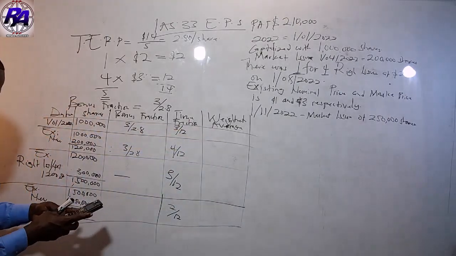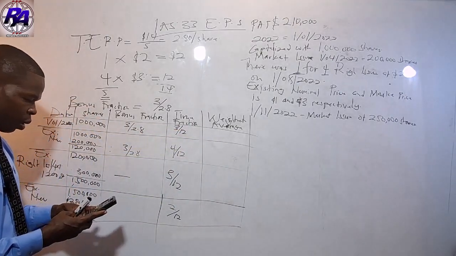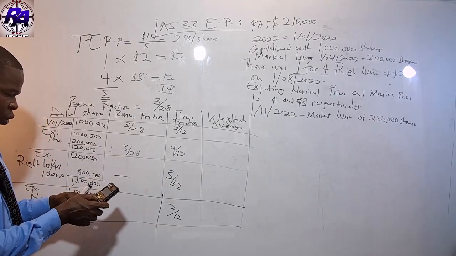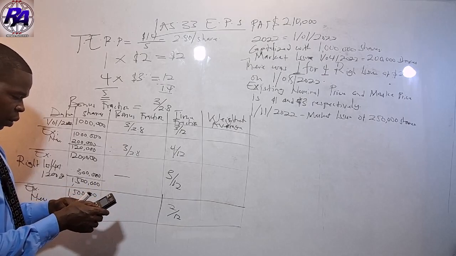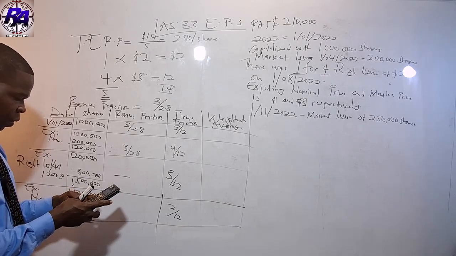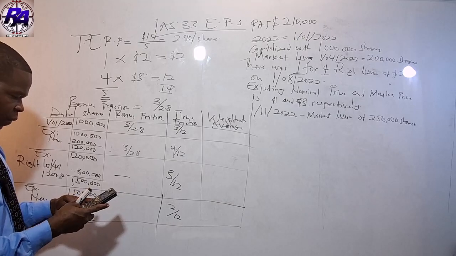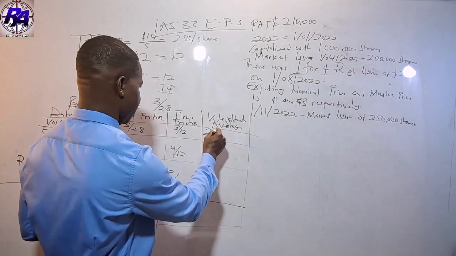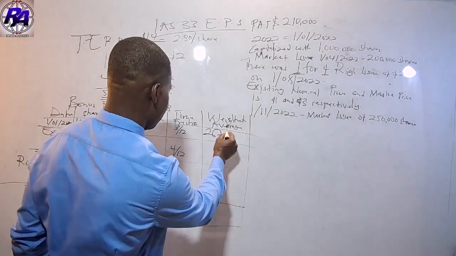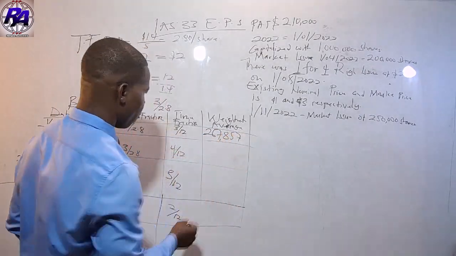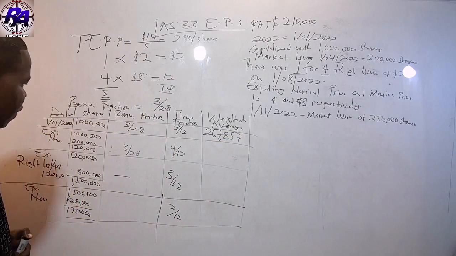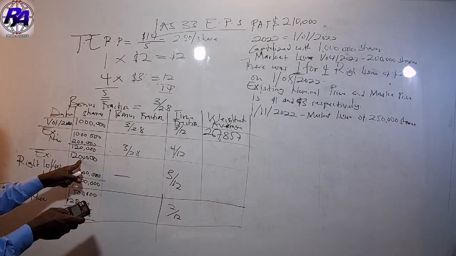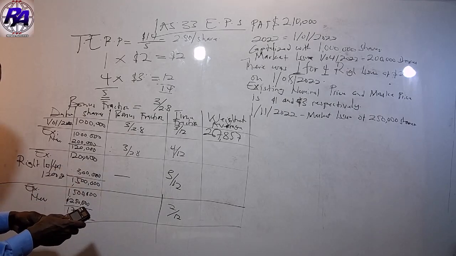So now we will multiply this by this to get this one. Okay, so the first one is 1 million times a fraction of 3 on 2.8 times a fraction of 3 over 12. And that is giving us, we are leaving it in a whole number, okay? So that's giving us 267,857. Let's go to the next one. That is going to be 1,200,000